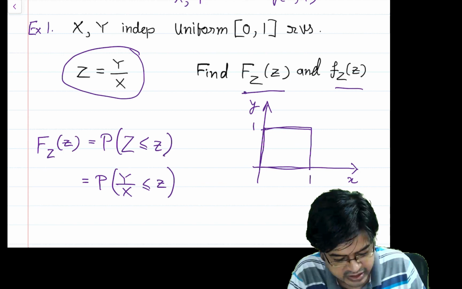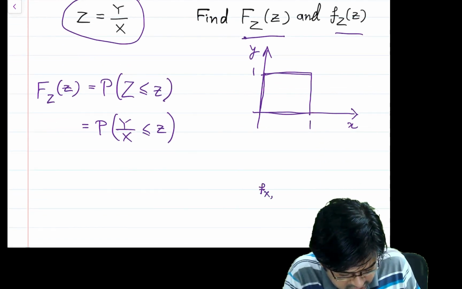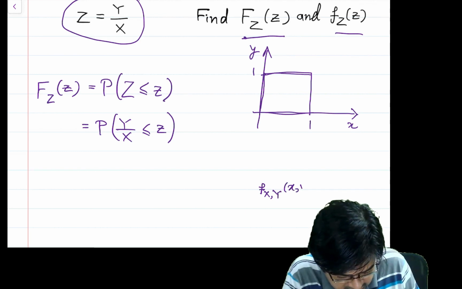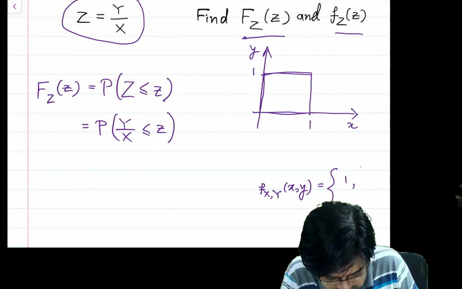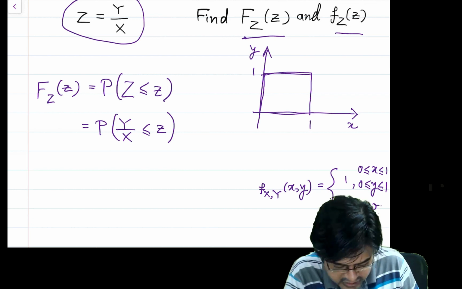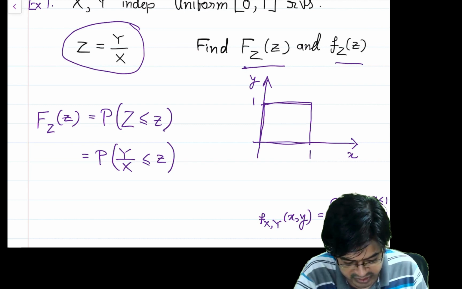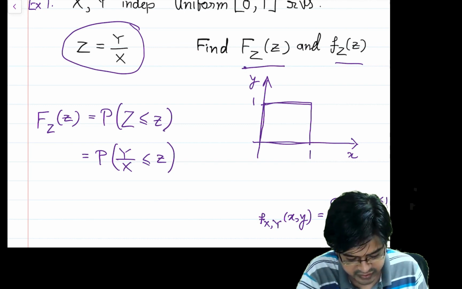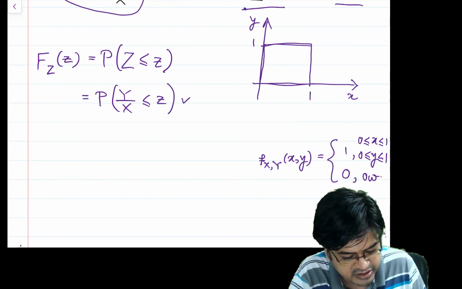Right now I know they are uniform random variables, but I have not listed their joint probability density function. So let me write that. Because it is uniform, it is simply 1 for all 0 less than or equal to x less than or equal to 1, 0 less than or equal to y less than or equal to 1, and 0 otherwise. So it's this simple. Then let us try to use this joint CDF and get this particular distribution.